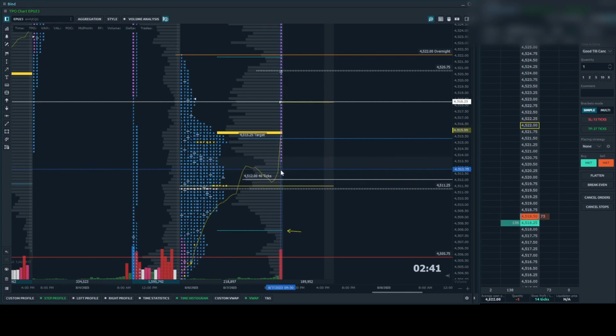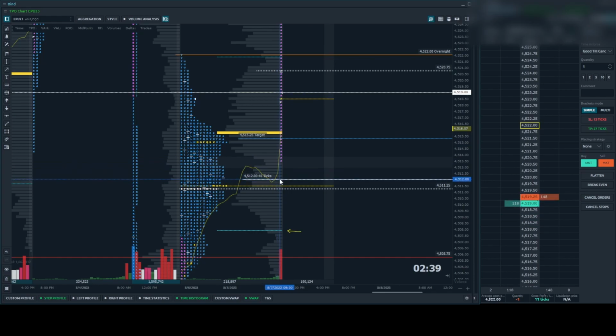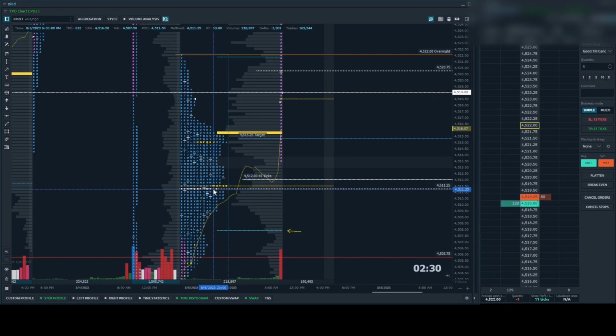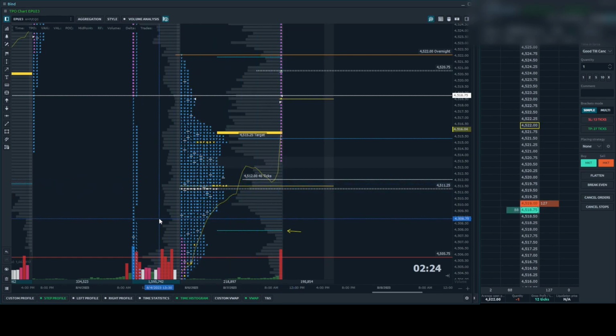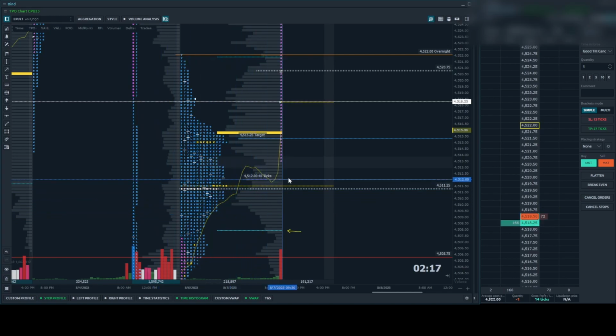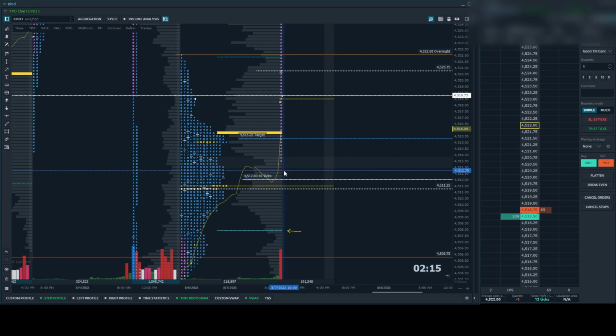But if we come right through this, we'll be right at our 40 ticks. But then you do have the market profile POC here and the halfback from overnight. So that's another good reason just to take your 40 ticks. At this point, if you've seen any of my other videos, you know that I have a hard time not taking it at the 40 ticks. So if we come down here slowly and it barely gets through here, I'll just take the 40 and be happy with that. If we cut through both of these areas,